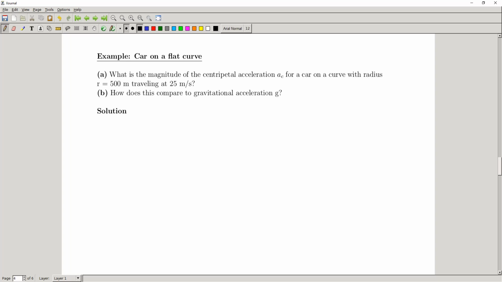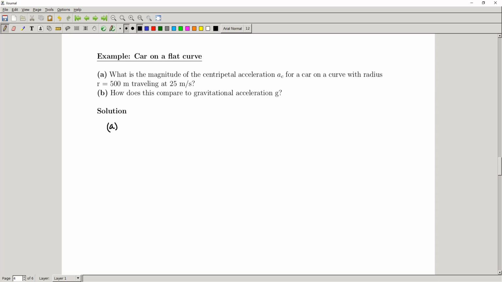Okay, so we're interested in the magnitude of the centripetal acceleration that a car on a curve with a radius r equals 500 meters, traveling at 25 meters per second, is going to be experiencing, right? And so I have the numbers over here, and let's take a look at that. So for part A,